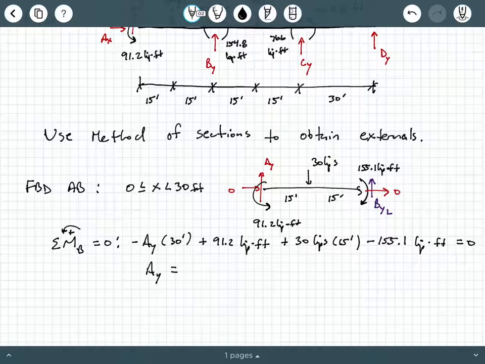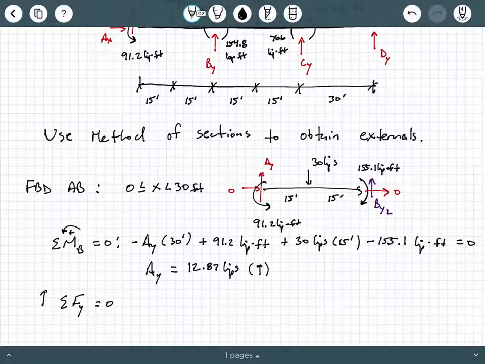So when we do a little bit of rearranging here, we should end up getting the following. Punch this through with me. 30 times 15 minus 155.1. So I get an AY of 12.87 kips